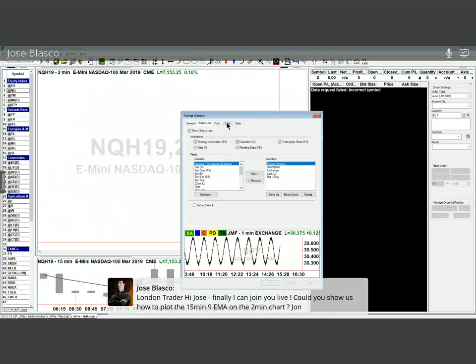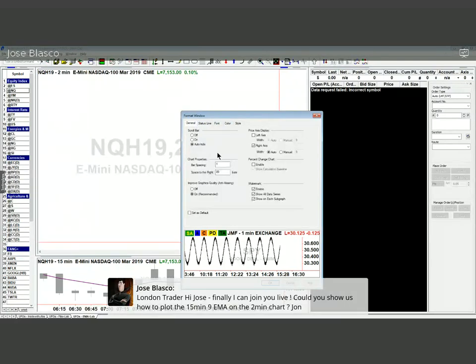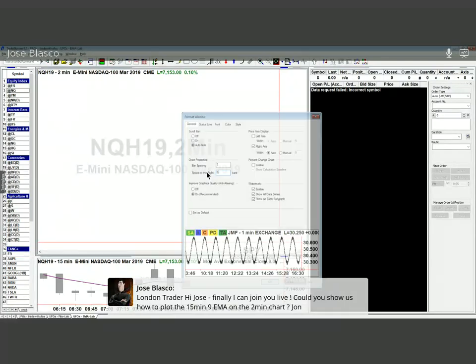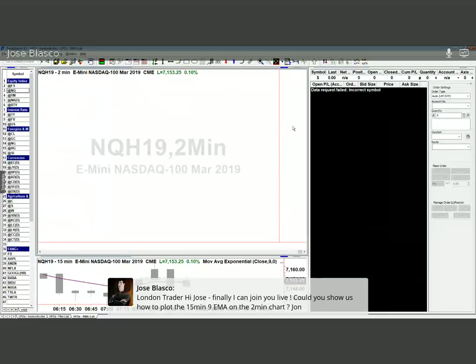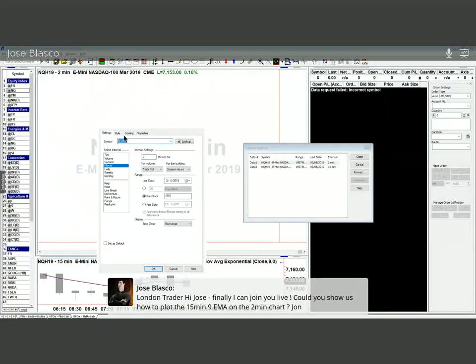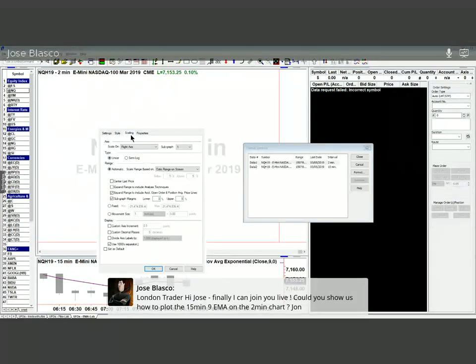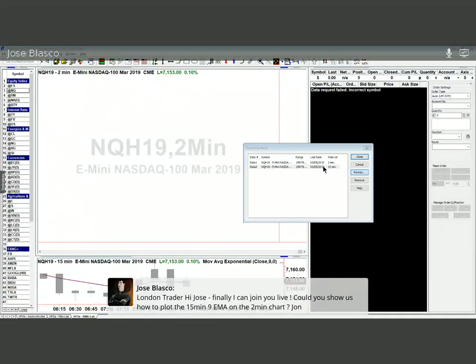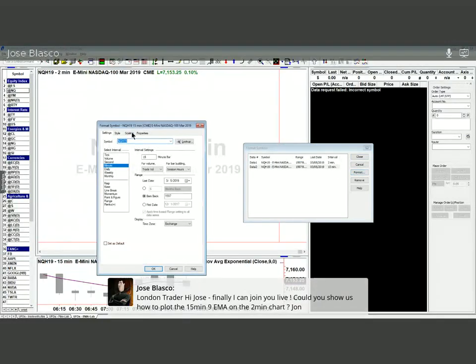But anyway, I'm gonna give you a solution. Just give me a second. I just want to make sure this is not the reason. Right click, moving average. Yeah, it's very weird. It's not allowing me. It's only allowing me to plot one, either the average or the price symbol. Okay, so I failed at giving you a solution, London Trader. In my mind, it was going to be easy in the sense that with a simple average, it works just like the way I did.